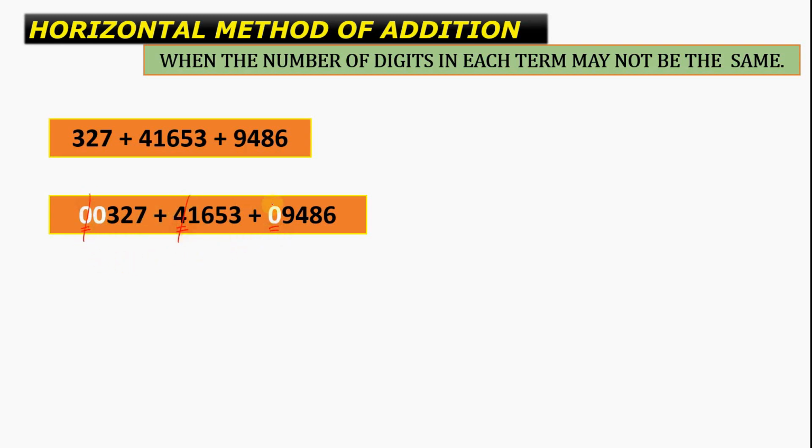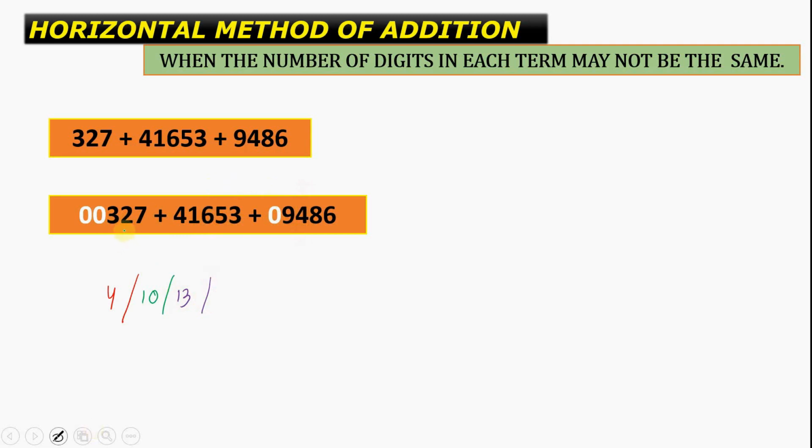So this will give us a 4. Now we need to add this 0 plus this 1 and this 9. So 1 plus 9 will give us a 10, and then added 0. So the answer would be 10 here only. Proceeding further, we need to add the hundreds digit. So 3 plus 6 plus 4. 6 plus 4 will give us a 10, plus 3 is 13.